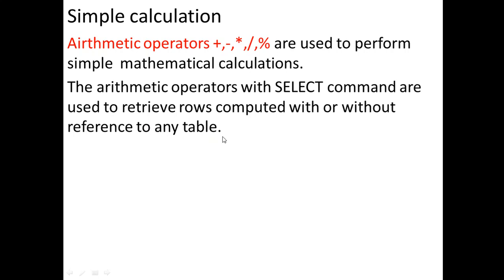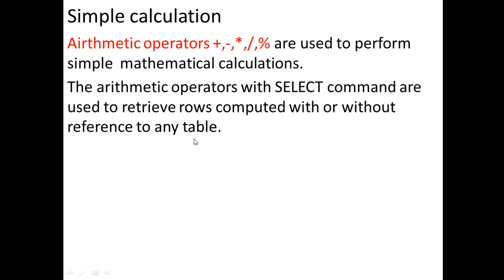There are two ways to perform arithmetic operations. Either you use a direct arithmetic task, like adding two different numbers or multiplying any number. Or secondly, we use these arithmetic operations with the help of any column value, where we want to add a scalar value to a column of the table. You can do both tasks in MySQL. Either we use a table name or we can work without any table.